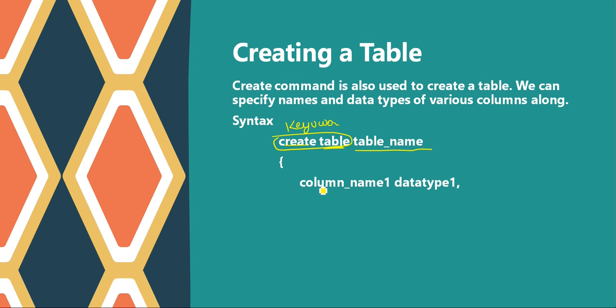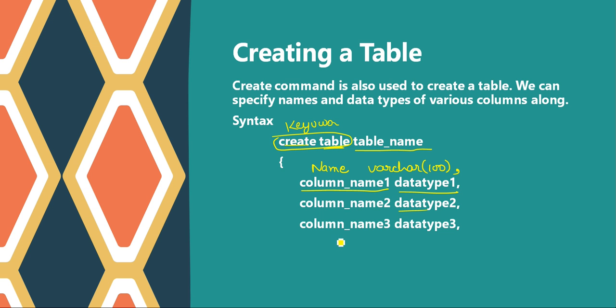So let's say I want to create columns. For the first one I will write the column name, say name, and after defining the name of the column, you need to define the data type for that column. This should be varchar, say 100 characters. Then specify a comma, then the second column name and its data type. This continues like this and depends totally on us. Let's say in the student table I want to create 100 columns, so I need to specify all 100 columns here with their data types.